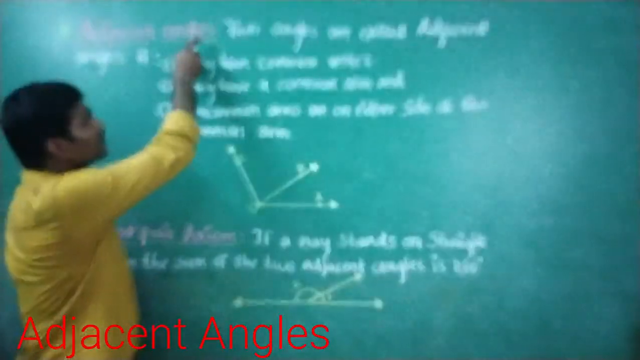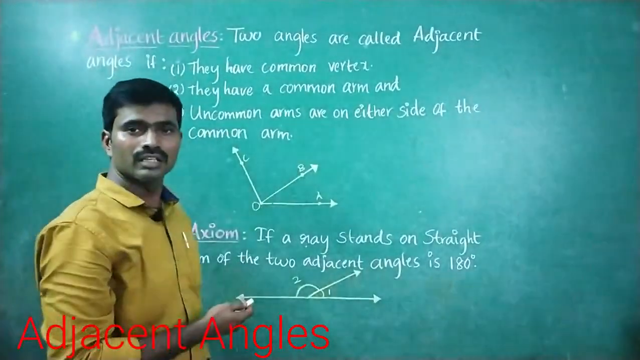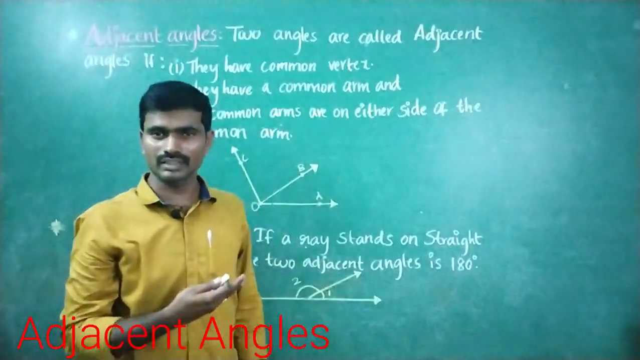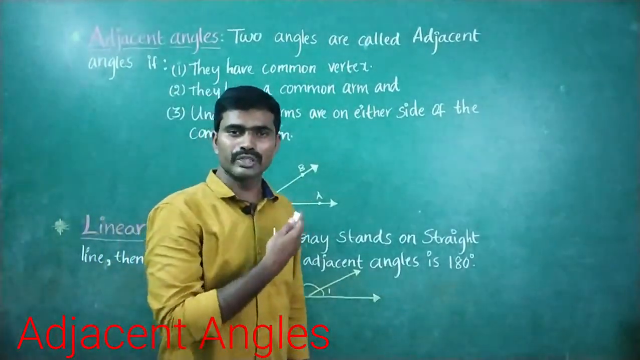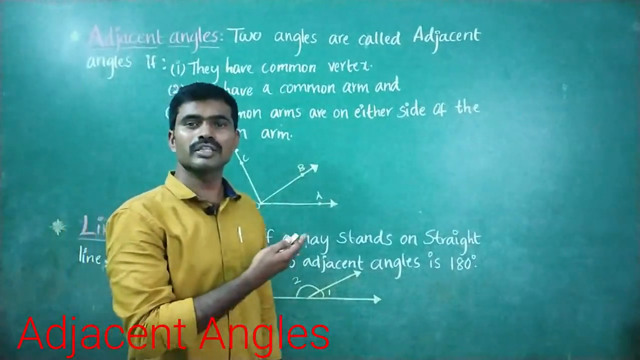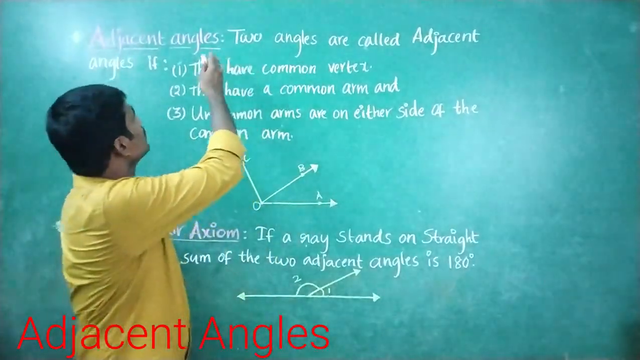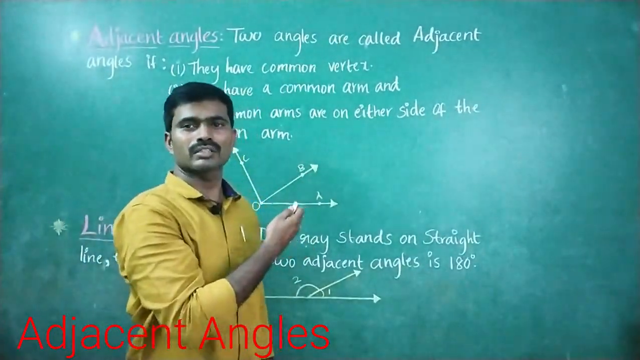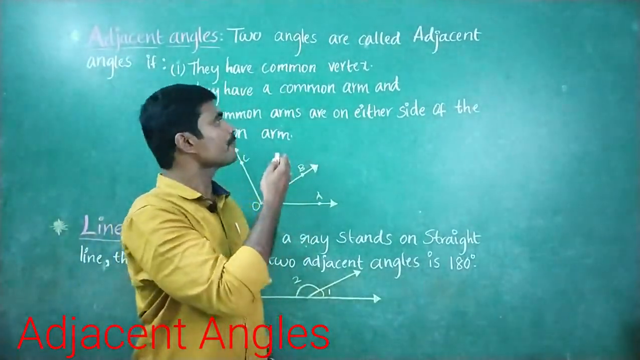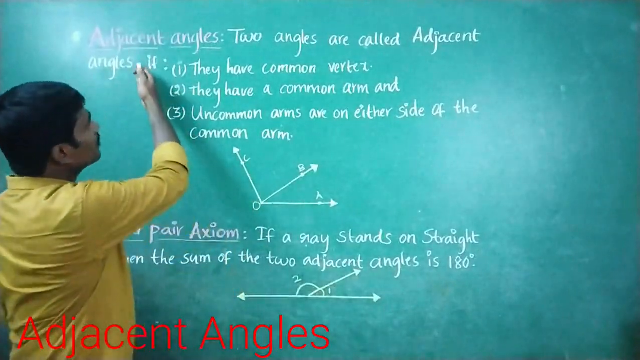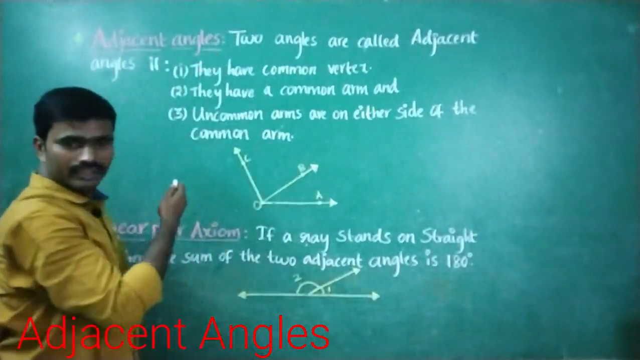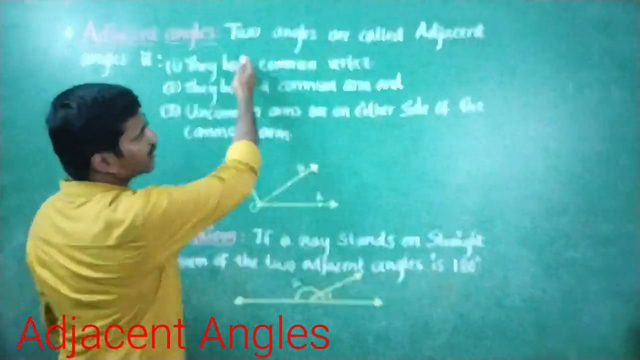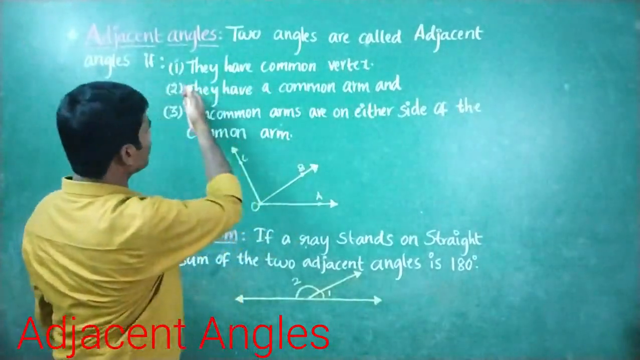Adjacent angles. This is the heart of the angles. Many students find it a little difficult to understand adjacent angles. This is the main part, the main concept of the angles. Which angles are called adjacent angles? Two angles are called adjacent angles